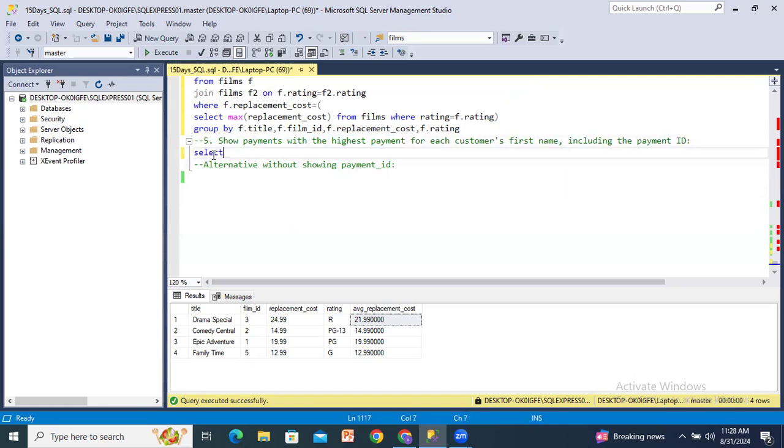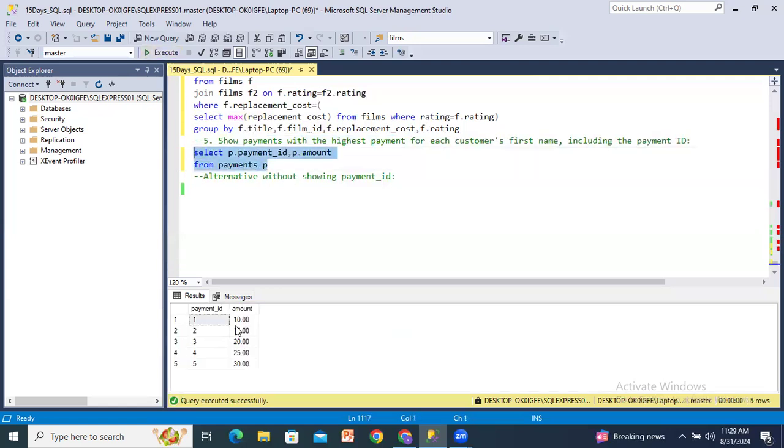First we'll check with the payment. Select from payments P, and we'll write the select part. So select P dot payment ID, comma P dot amount. First I will check this one. Okay, I'm getting payment ID and amount. Now we'll join with